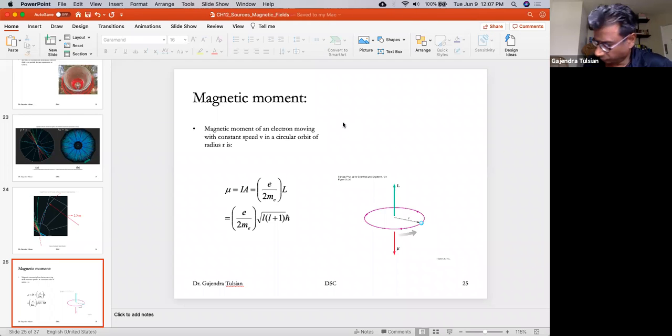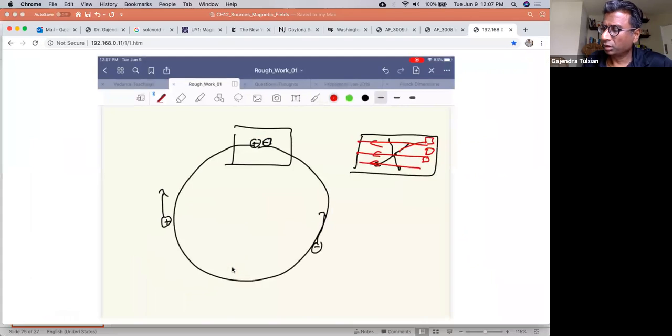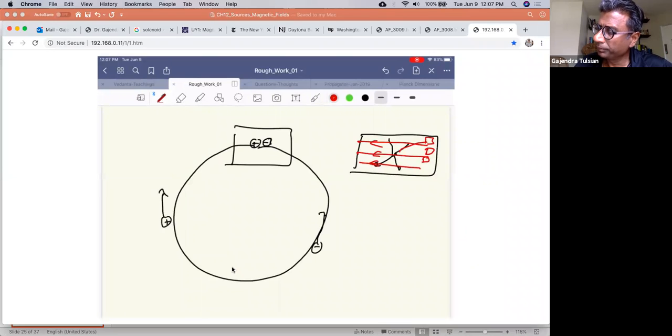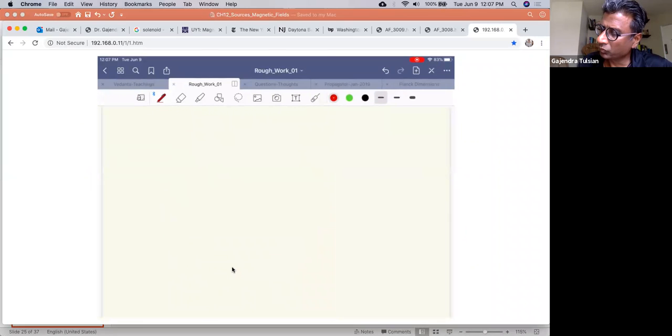So we'll look at this, where magnetism comes from at the microscopic level. You guys all know the model of an atom. Okay, so